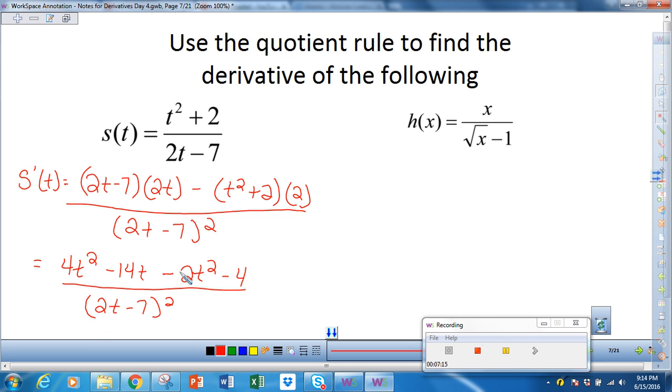And then, of course, we could combine 4t squared minus 2t squared and get 2t squared minus 14t minus 4 over top, all over 2t minus 7 squared. But we never want to take time to multiply that out. Okay? So once again,